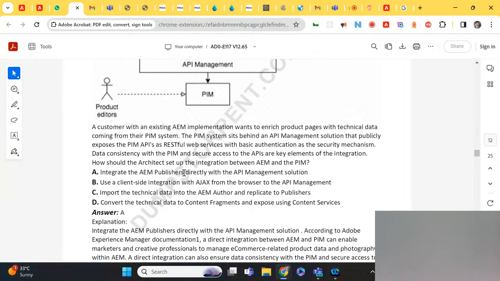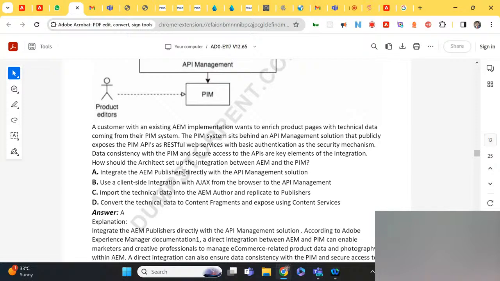Okay. One is browser making the call and getting the API data, and then AEM using that. Another one is AEM publisher. There is a client library which is actually doing it. I think it should be more elaborative in terms of answer.